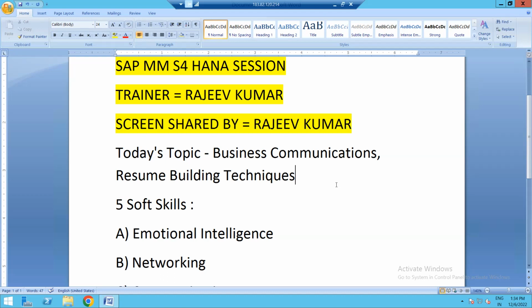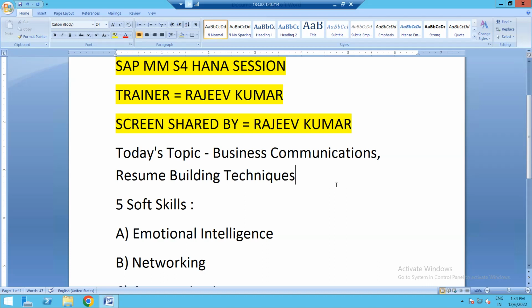Let's take an example of TCS. TCS is having a project of Johnson and Johnson, a company which manufactures baby care products. Now TCS is implementing SAP for them, and Johnson and Johnson is also having their own IT core